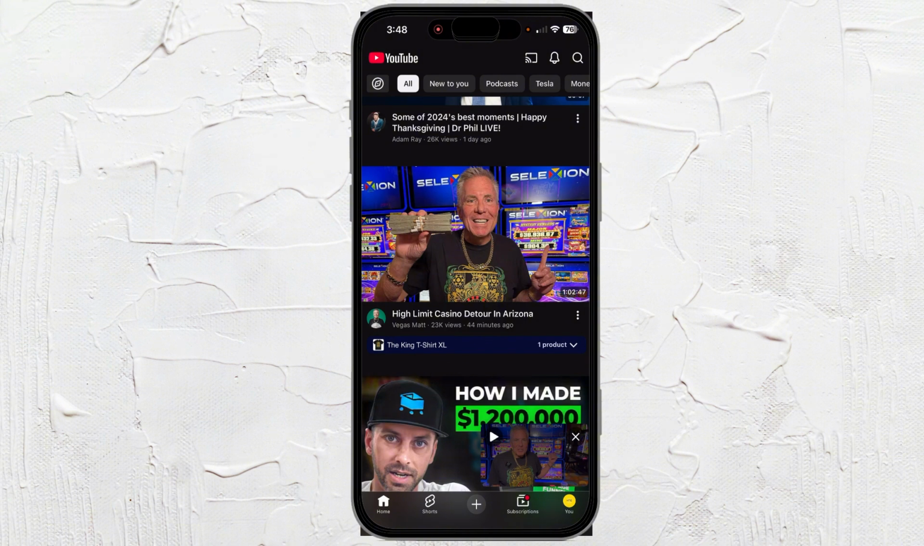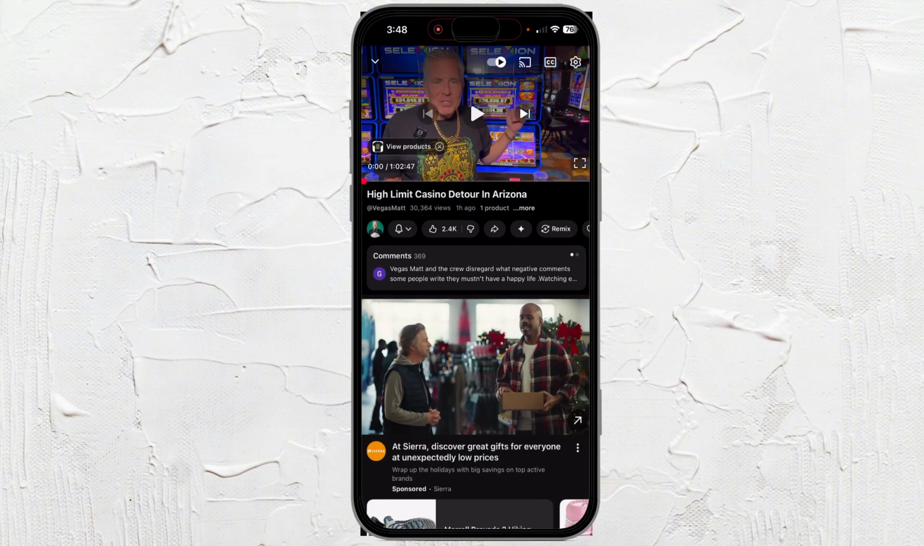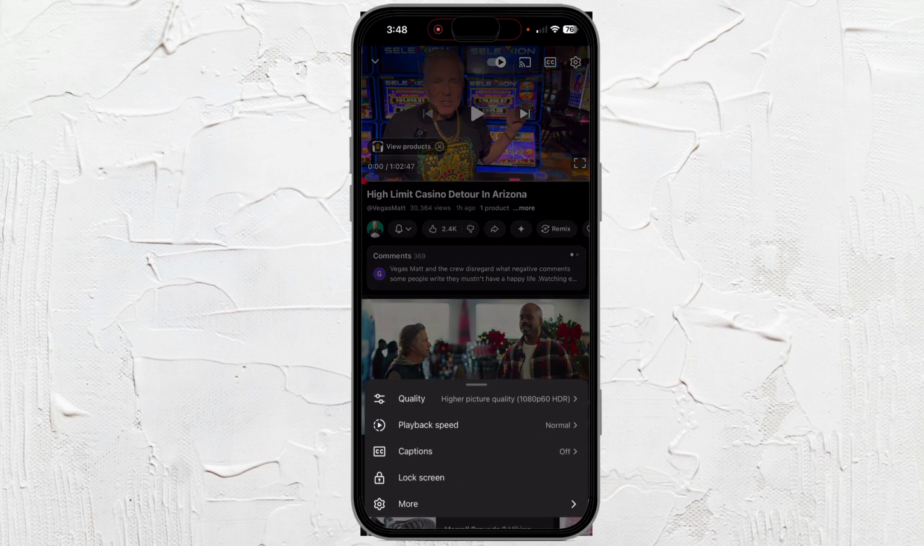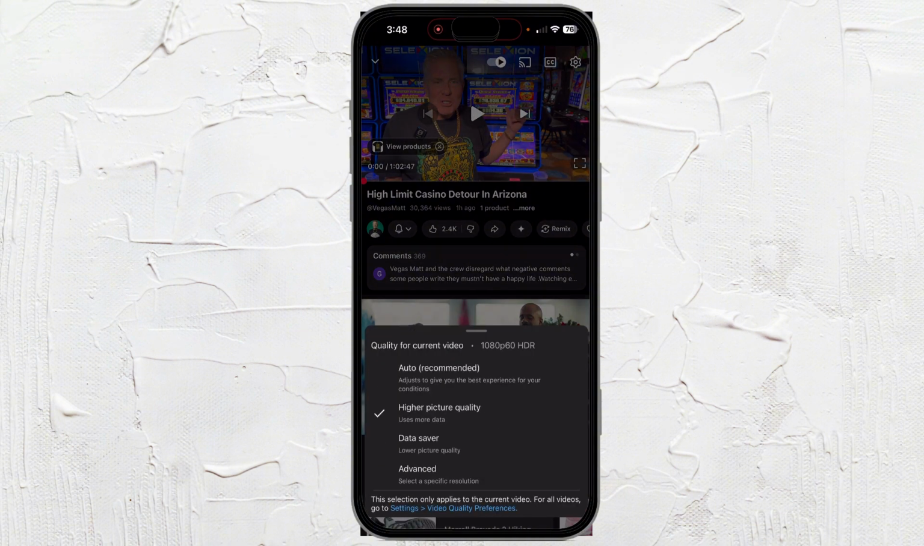I already have a video here selected. So what you can do is once you have your video, you can go to the gear icon at the top right-hand corner of the video itself, and you're gonna get some options here. Go ahead and hit quality, and it's going to give you some options here if it's auto, higher pixel quality,